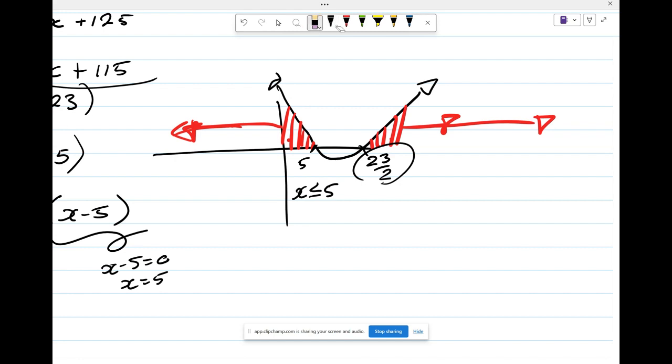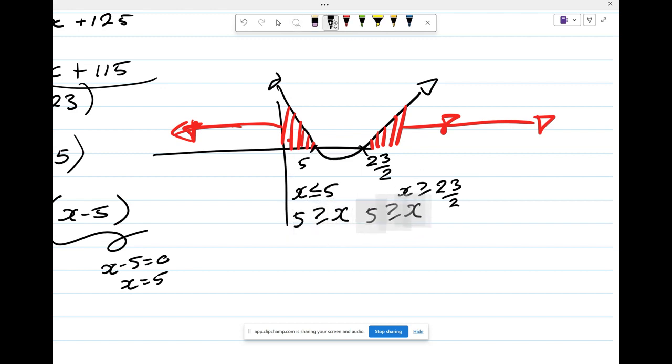And everything to the right of 23 over 2 is going to be everything greater than 23 over 2. Now we're going to merge these together and write them as one. One little quick way to do it is to write them on opposite sides. So if they're both on the right hand side, see? 23 over 2 and 5 are both on the right hand side. If we write 5 on this left hand side and this on our right hand side, and we just kind